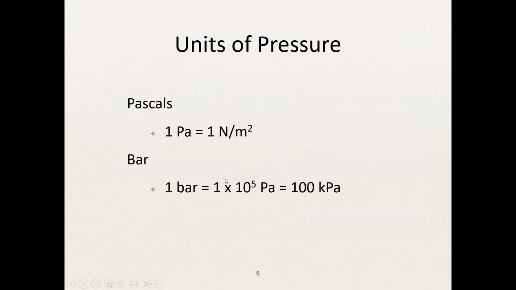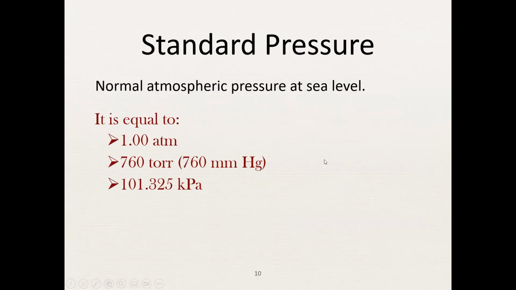So there's going to be a whole bunch of different units that we can use for pressure. So Pascal is going to be another one, PA for the symbol. Bar will be another one still. And then with pressure, normal atmospheric pressure at sea level, we just assign as 1 atmosphere. So if we're at sea level, regular atmospheric pressure would just be that 1 atmosphere, because if we think about it, we've got a full atmosphere above us, so that's why we're referring to 1 atmosphere. And then that's going to be equal to 760 torr,